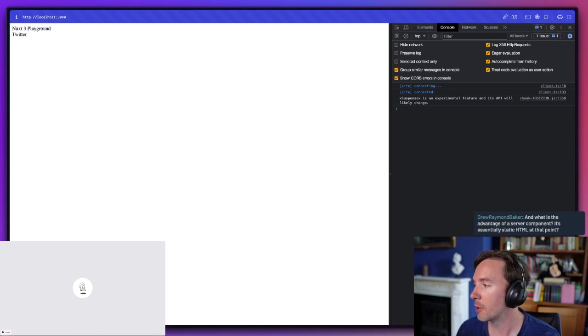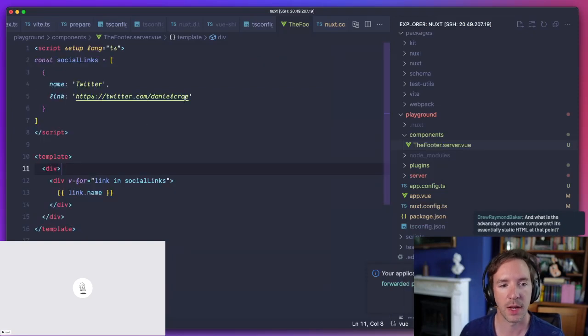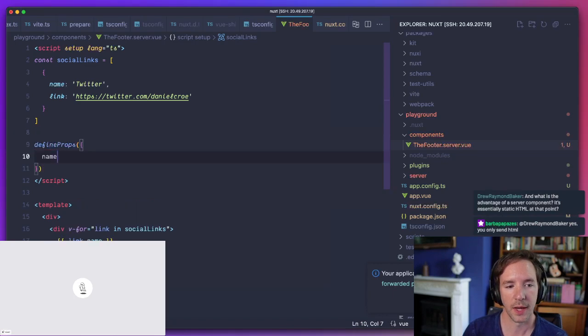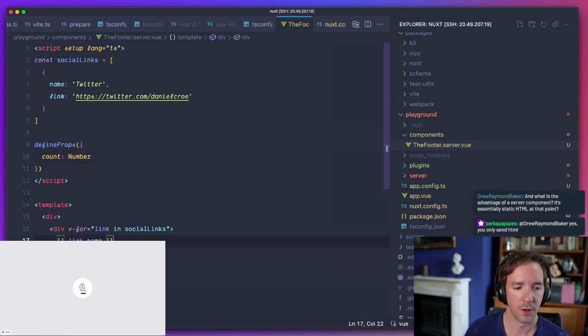So this is a server component, and this server component is up and running. We could make that even interactive. So in a server component, just like a normal component, you could define a prop. In this case, we'll put a number in.